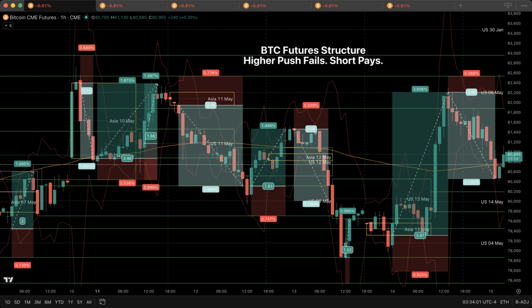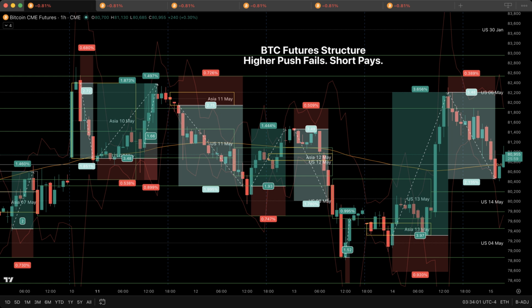Now connect the entire session. May 14th U.S. forms near the midpoint of May 13th U.S. box. It compresses by about 50%. Then it climbs through May 13th upper, May 12th upper, May 11th upper, May 6th lower, and reaches May 6th midpoint. That is the temptation. That is where many traders see only strength. But strength without hold becomes failure.